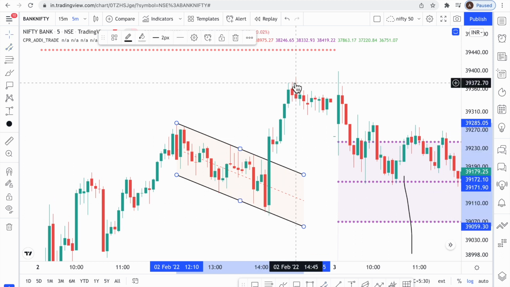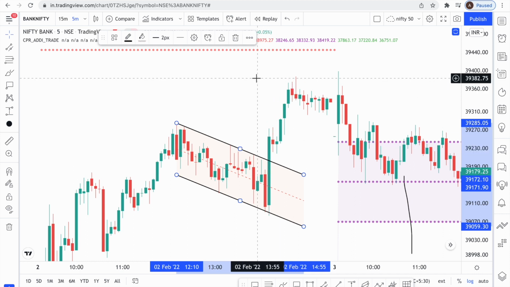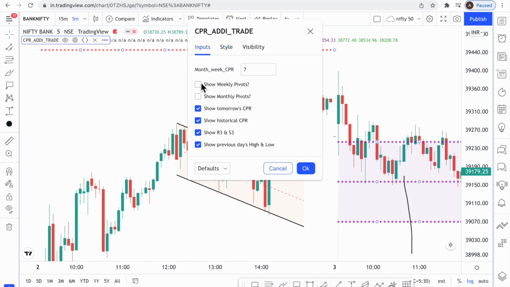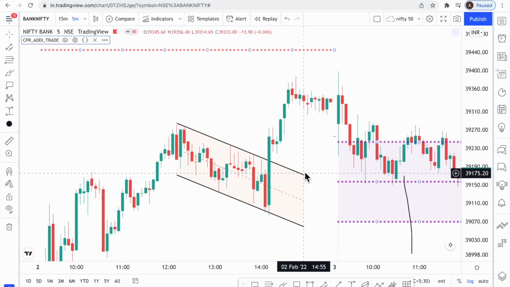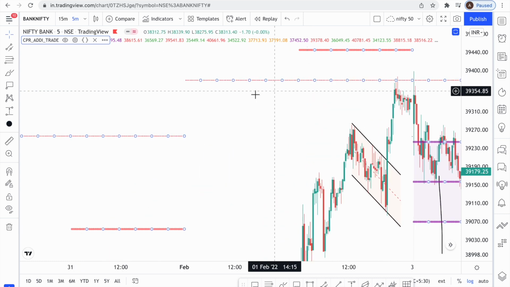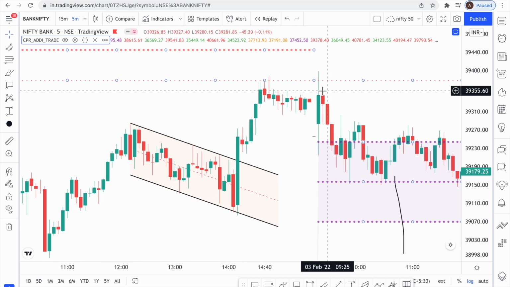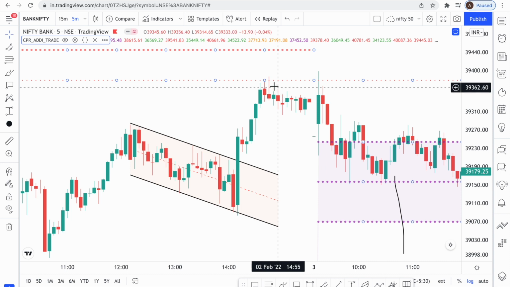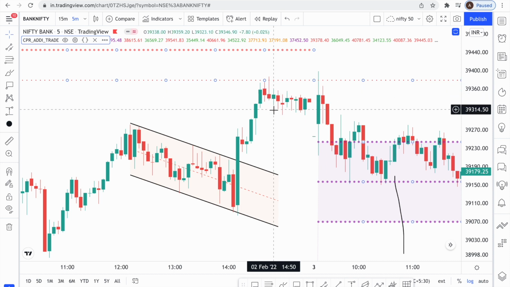And obviously over here there was monthly R1. If I just put on the monthly pivots also, there was monthly resistance here, the same place where we took resistance even on the 3rd. The monthly resistance came and easily we could have booked profit, but we could not enter because this candle was